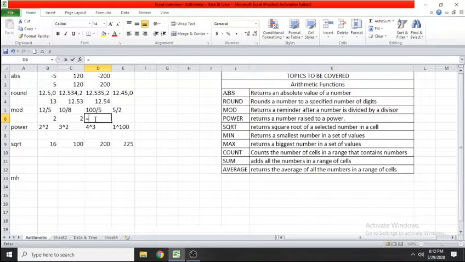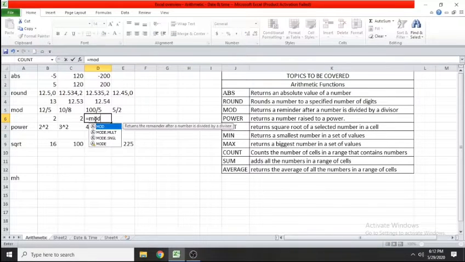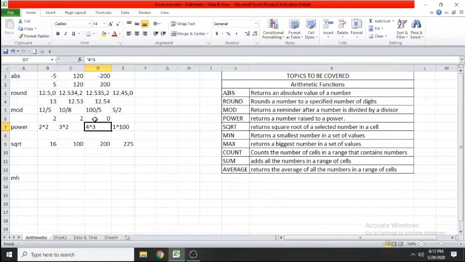If I am dividing, function is mod, 100 by 5, then the expected remainder is 0. Let's see what answer we are getting. Yes, 0. So this is how your function mod will be used. It will return a remainder after a number is divided by a divisor.